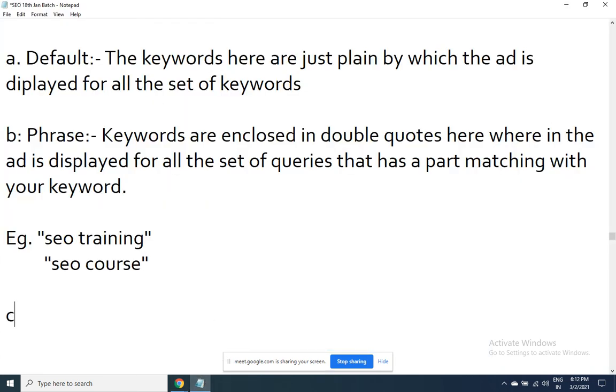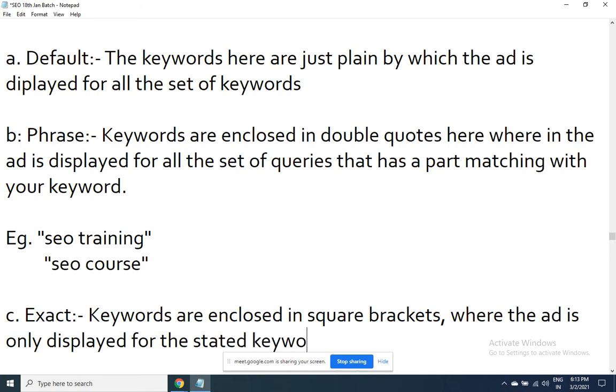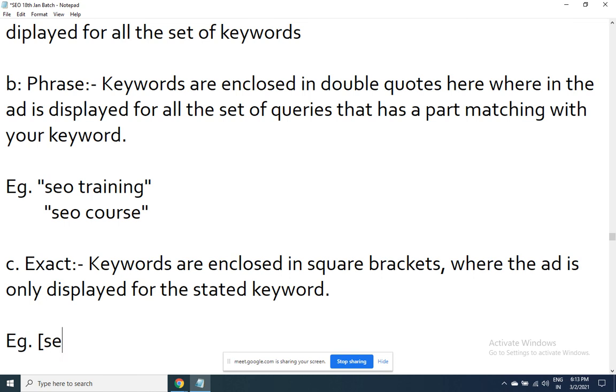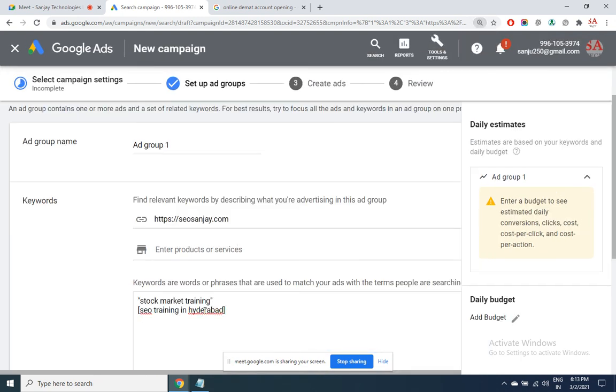The third one is exact. Whenever I give the keyword like this in square brackets, the ad will only get displayed for that single query.